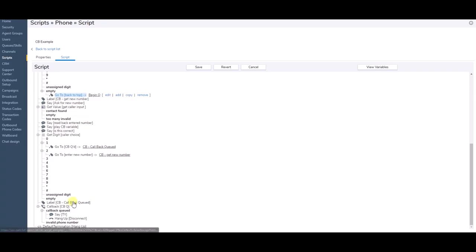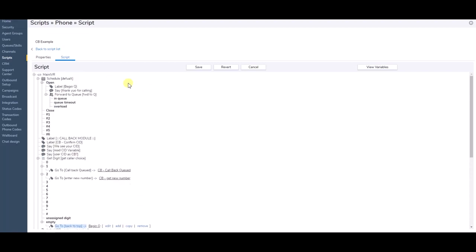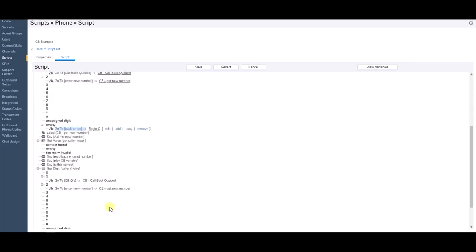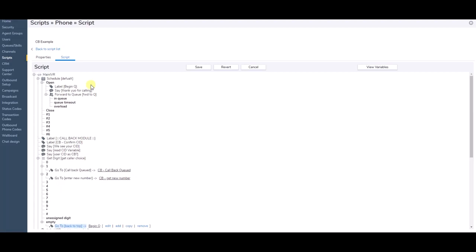All right. Okay, let's talk about how you would use this. So I showed you how I built this whole thing in the root of the IVR tree. Because I did that, this label, callback module, can essentially be addressable from anywhere else in your script. So anywhere in this script that you want to have this as an option, you just simply add a go to. So for instance, in my in-queue treatments, I can say, okay, let's see, in-queue, I want to add a